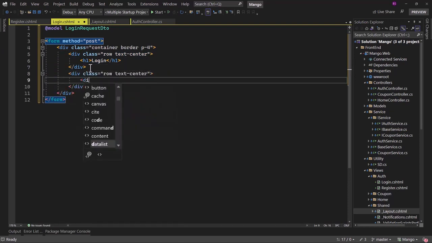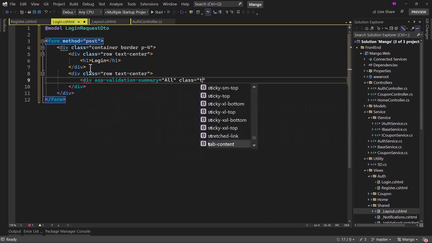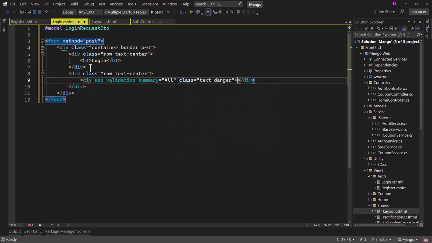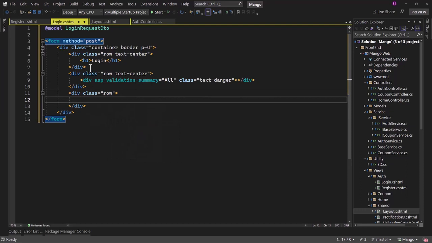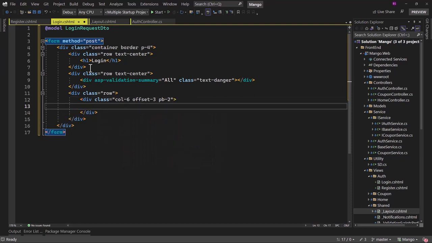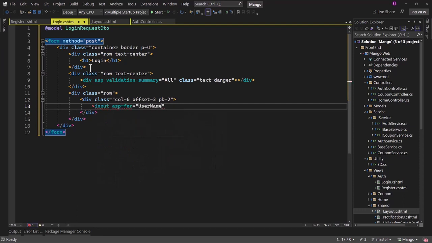We will be displaying all validation. For that we have the ASP validation summary. We want to display all the validation here, and class will be text danger. After that we will add a class of row where we will have the input fields for username and password. We will add a div, give it a class of column 6, offset that by 3, and padding bottom of 2. First input tag that we want will be ASP for username, and give it a class of form control. Placeholder will be username,